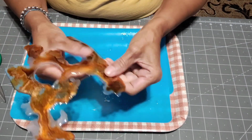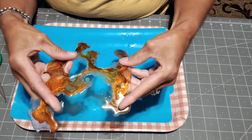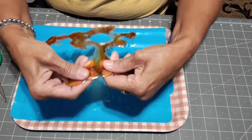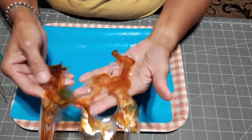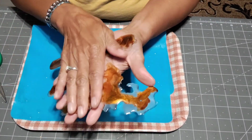And like I said, it's stiff right now because I let it sit here for days. But you can use your heat gun on low setting to make it warm and pliable. So that's one thing that I do. So I'll just put this away. And what I normally do is wrap it in,